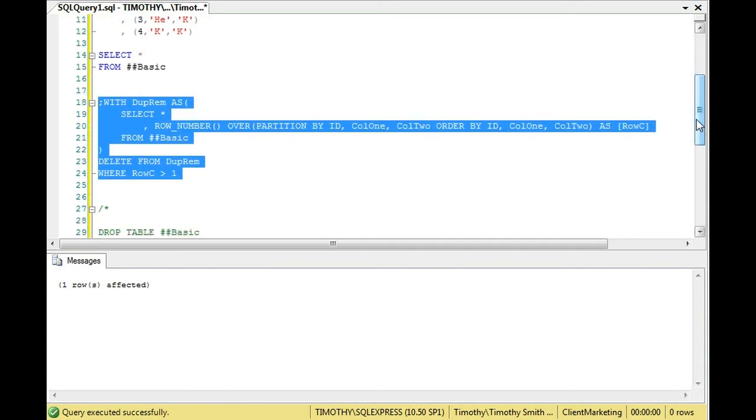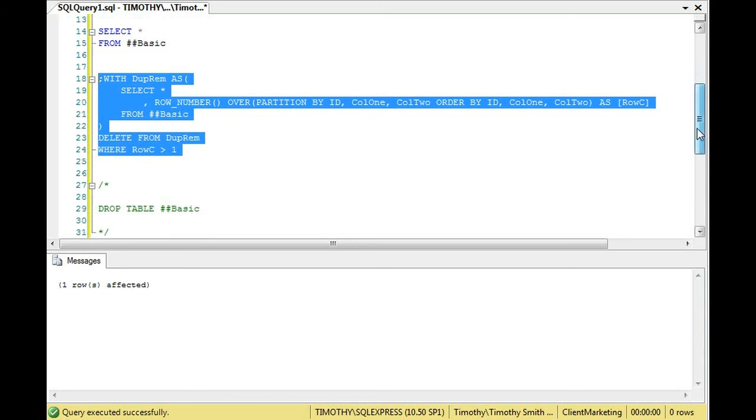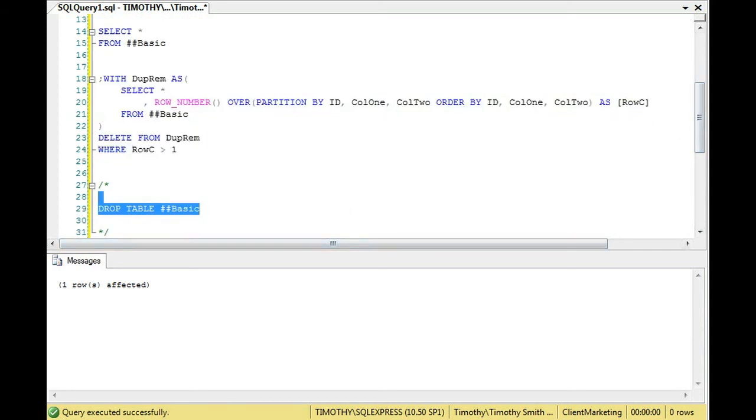This is, in my opinion, the most effective method for removing duplicates. But understand that there are numerous ways to get rid of duplicates, and there are numerous ways to select them out. There's a left outer join method. I've seen people use inner joins with left joins. So there are numerous ways to get rid of duplicates, but I think that the common table expression is the most effective, because depending on what you are trying to do,